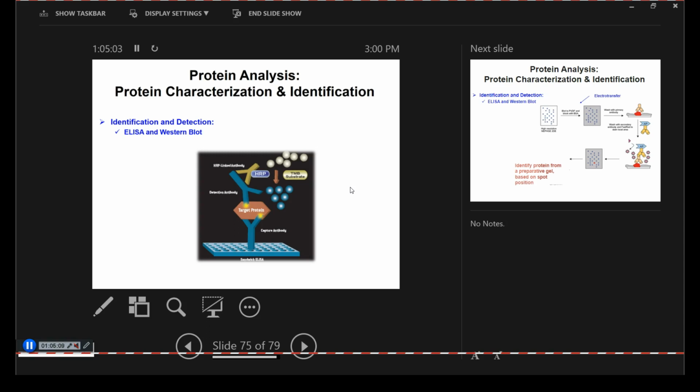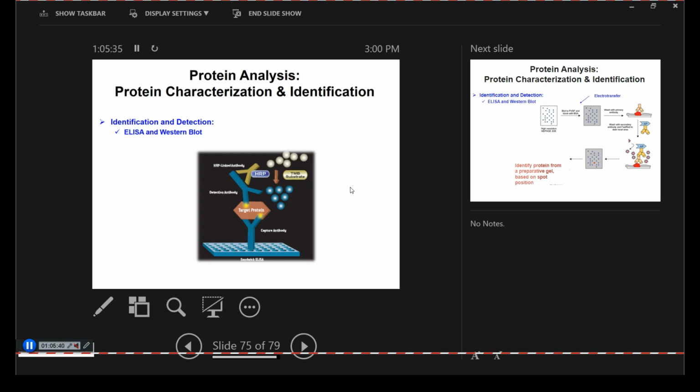So you would have antibodies that are specific for that target protein, and then you will have an antibody that is labeled and specific for the antibody to the target protein, and it's labeled with an enzyme, and then you have a substrate that will be specific, the enzyme is specific to that substrate, and you generate a color and you measure absorption. That is, again, a whole lecture in another course that we talk about